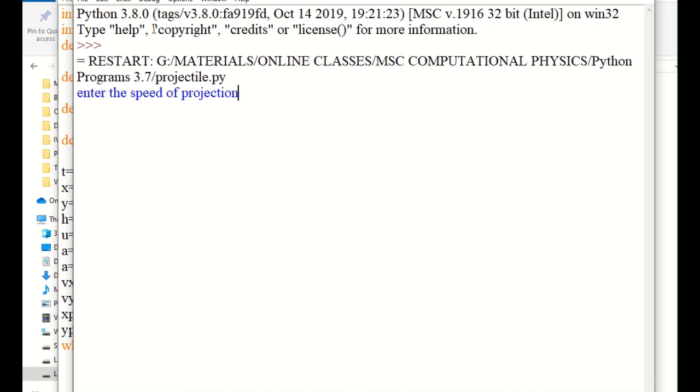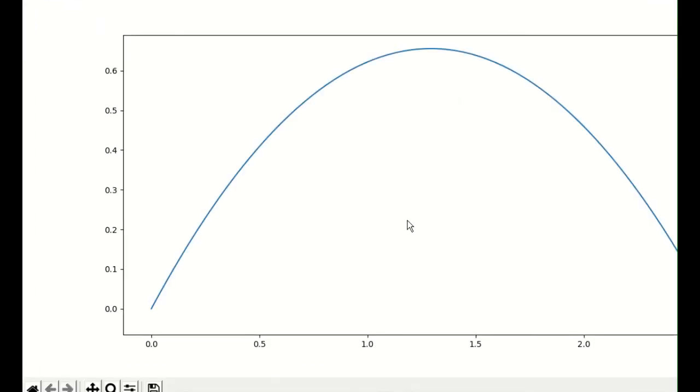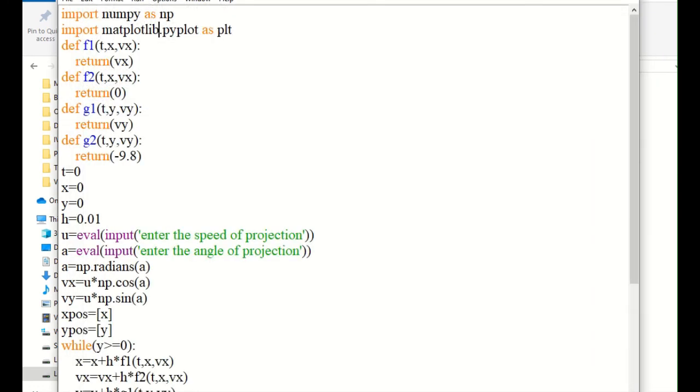So let us consider some 5 as a speed and some 45 degree as the angle of projection. Wow, we obtained the graph. So I request you to add title, x label, y label, etc. So it's fine. Now what is remaining in the code is you must